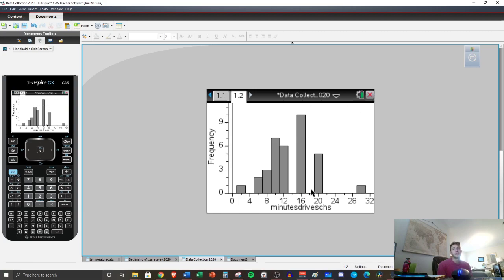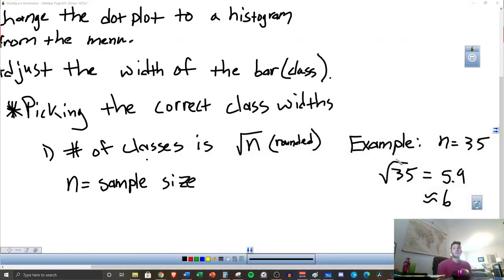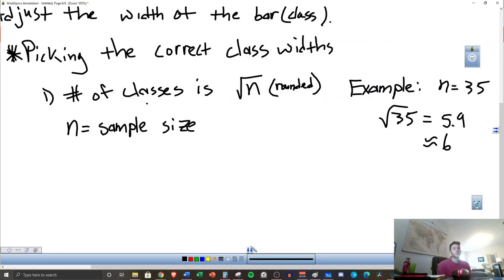Here, they have a ton. Okay, they're using a different formula to get their class width. But this is the way that AP and dual credit will want this. Okay, next,